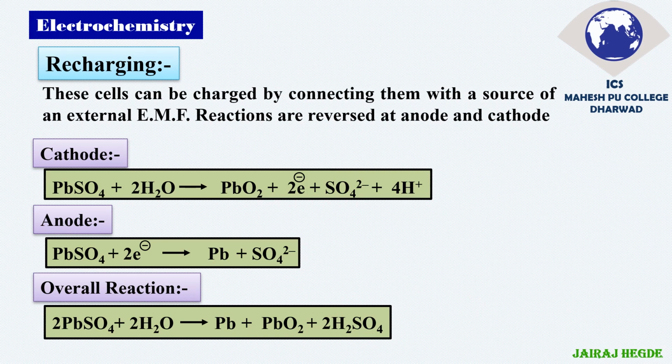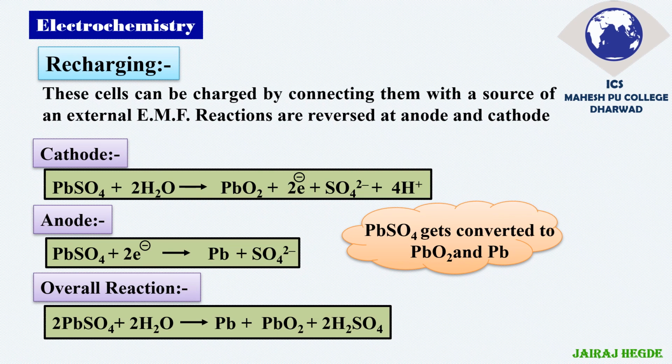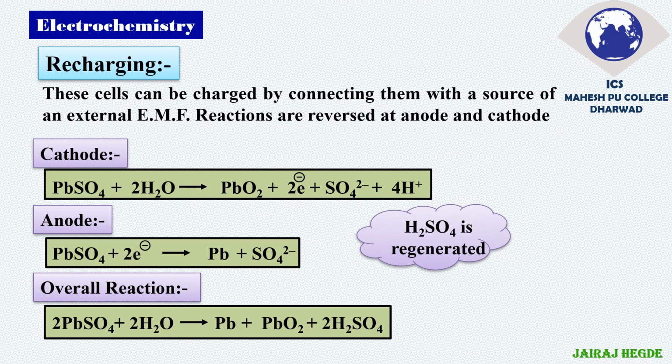But the problem with this type of electrode is its size, and it is a wet electrode, so there would be leakage of sulfuric acid and so on. That is why the nickel cadmium cell is more convenient, but it also has its own drawback: the nickel cadmium cell has a memory charging issue. That is a problem we face when using it. That completes the cells. Here PbSO4 gets converted into PbO2, and the H2SO4 which was consumed during charging is regenerated.